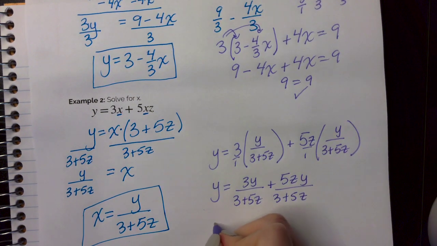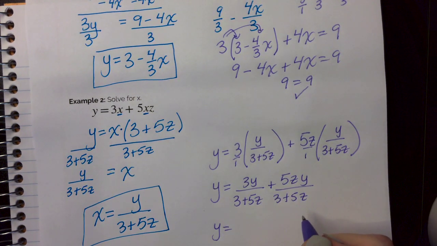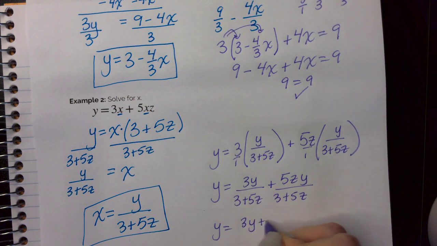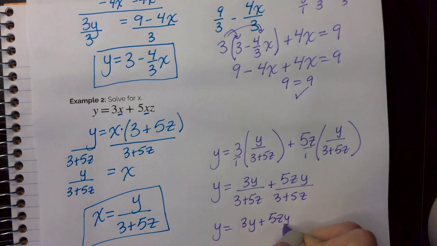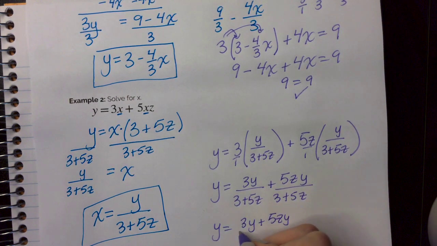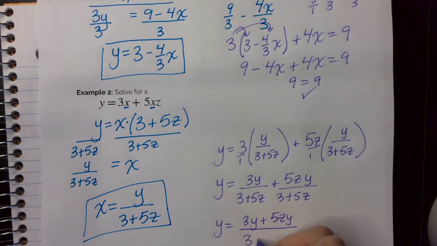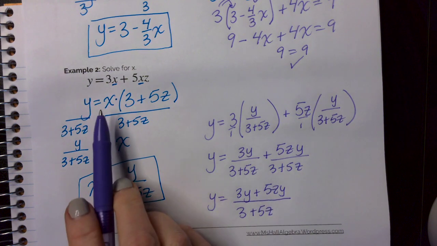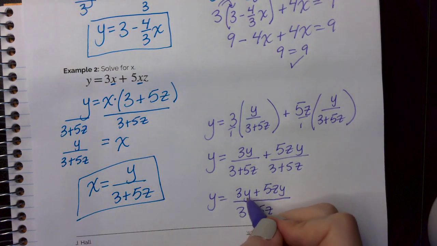Well, they have a common denominator. Oh, wow, they have a common denominator. So this is 3y plus 5zy over 3 plus 5z. Oof, and maybe you'll recognize that we're going to do the same thing here,